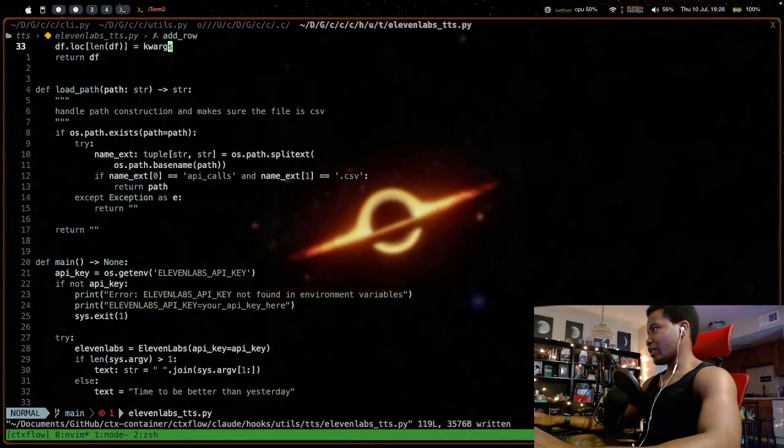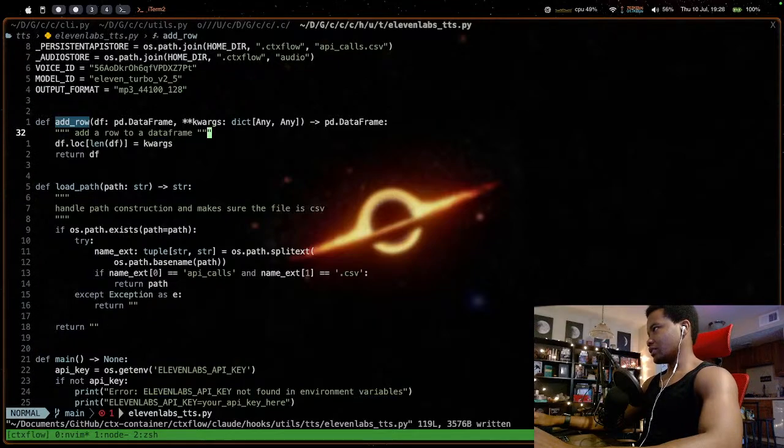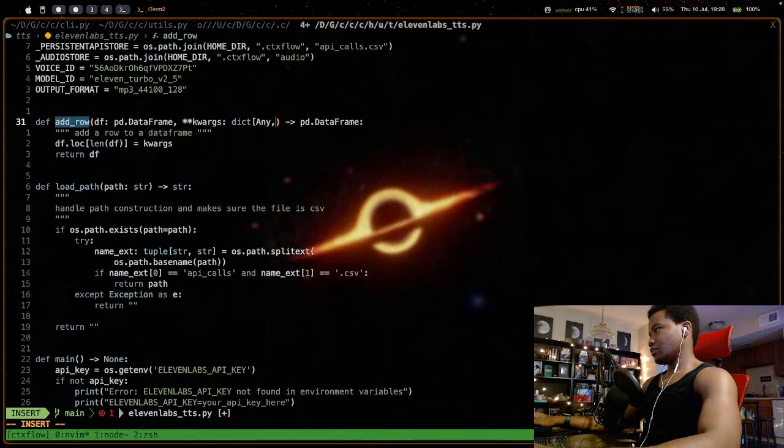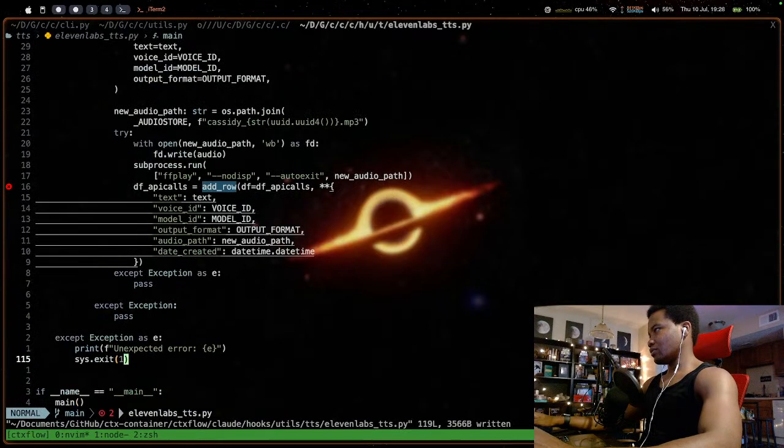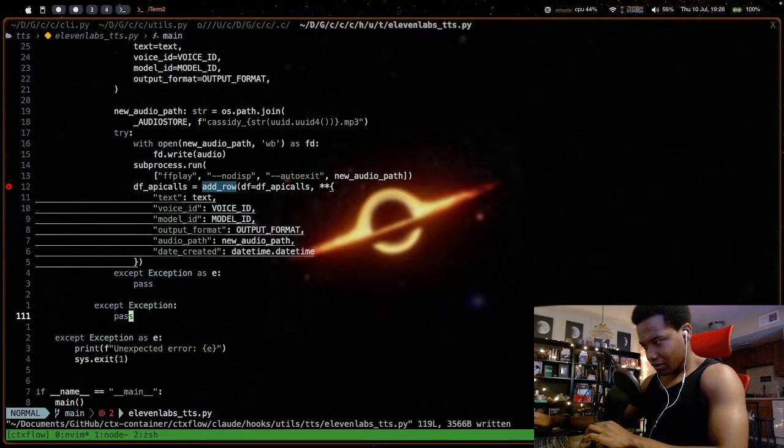See, because if you unpack, it would just literally be key value pairs. Would it unpack into a list, right? Or a tuple. What does it unpack as?